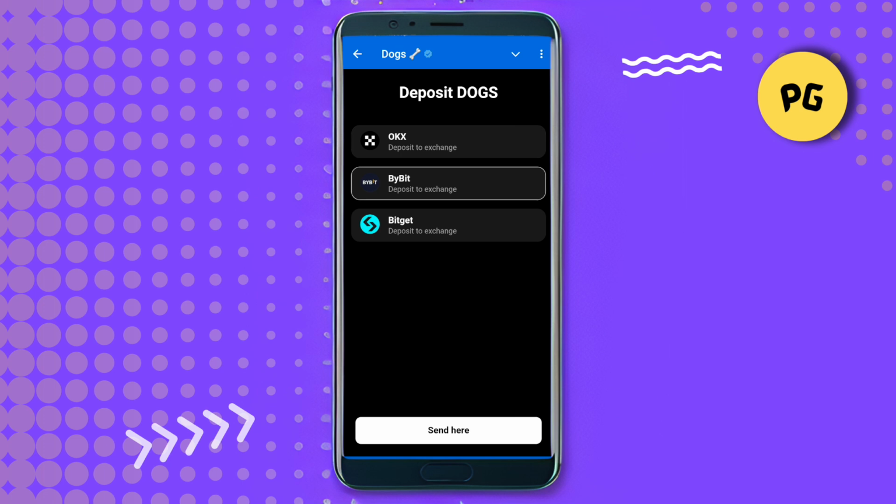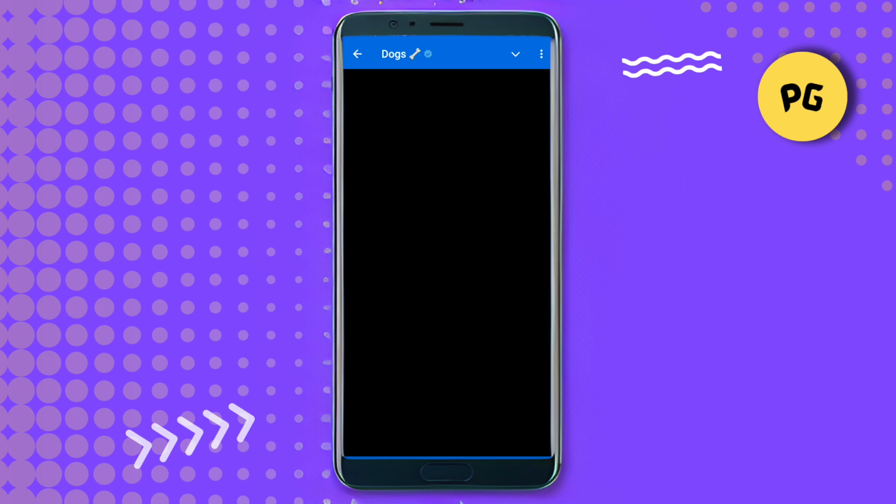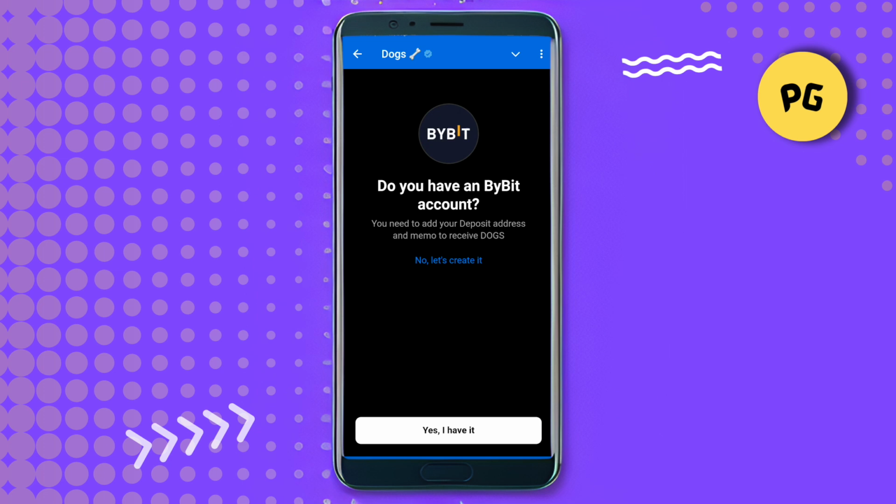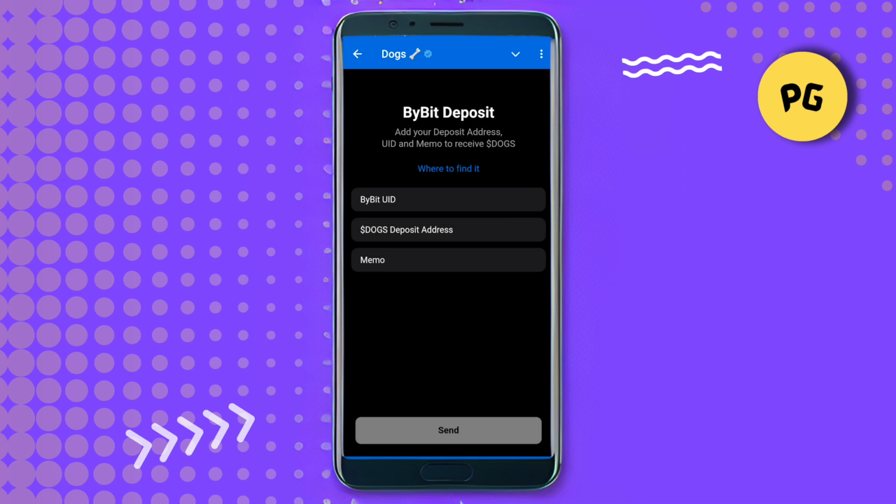Suppose I want to do it for Bybit. I will select Bybit and click on send here. After that, it will ask you whether you have a Bybit account or not. Simply click on this option of yes, I have it. Otherwise, if you don't have it, click on the option of no, let's create it, or you can go with other exchanges as well. Simply click on yes, I have it, and here you need to provide the UID, DOGS